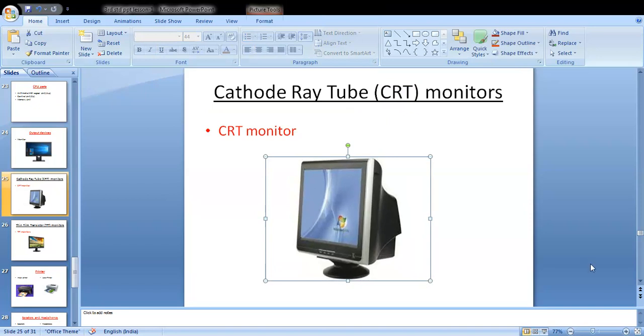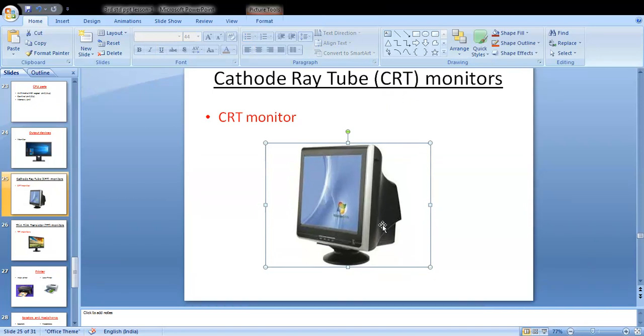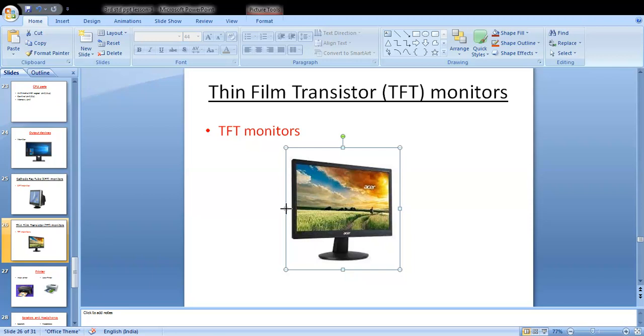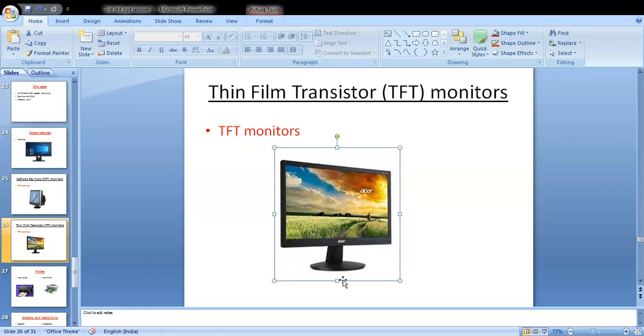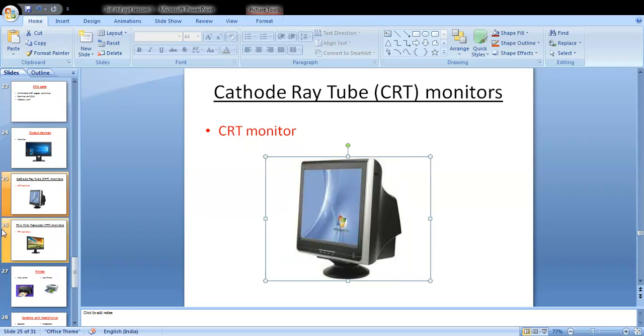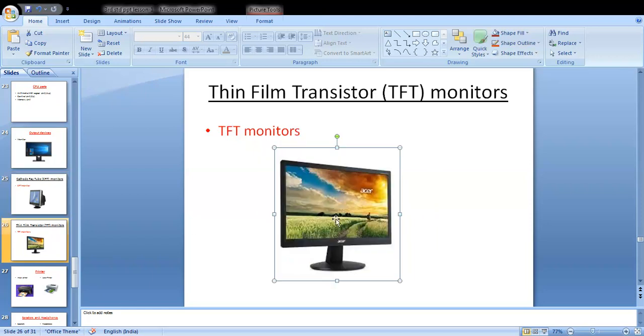See here, in earlier days we used these computers, but now we use these thin computers. These are the CRT monitors and these are the TFT. TFT means thin film transistor. Read this, thin film transistor, that are TFT monitors.